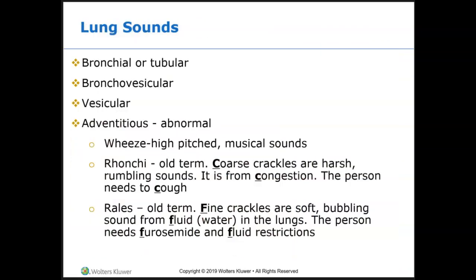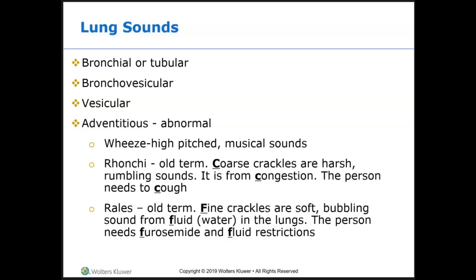Lung sounds: bronchial, tubular, bronchovesicular. So again, you're going to want to know all of the different adventitious or abnormal extra lung sounds, right? So wheezes are high-pitched musical sounds. Bronchi, which you'll hear doctors still use and nurses like me who've been around forever, are coarse crackles. They're harsh, rumbling sounds, and they're typically from congestion and